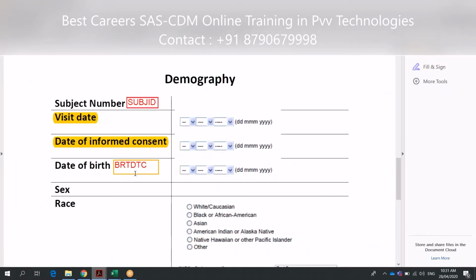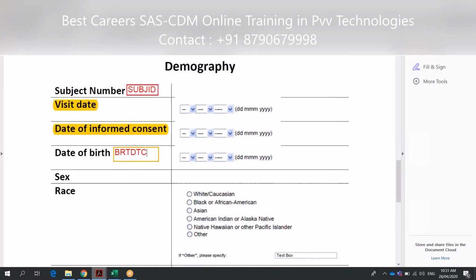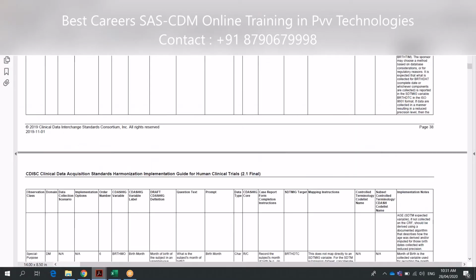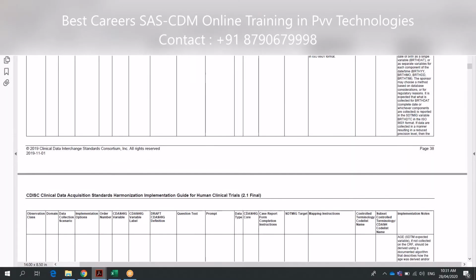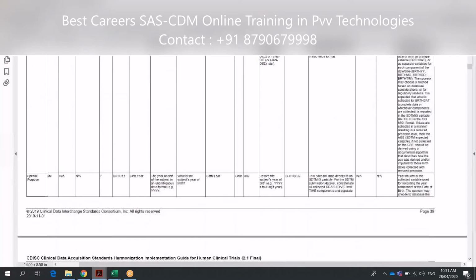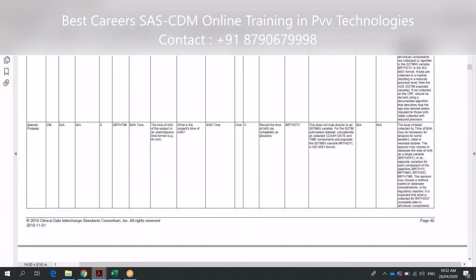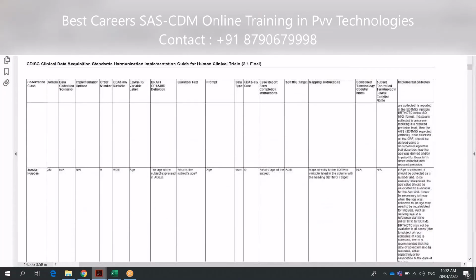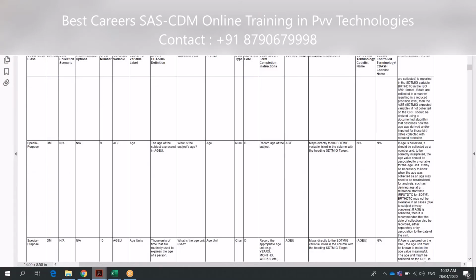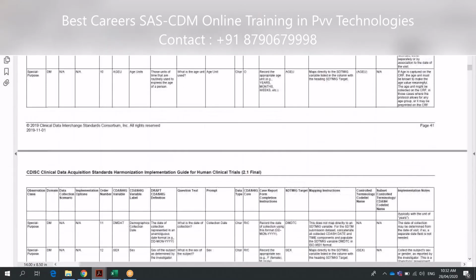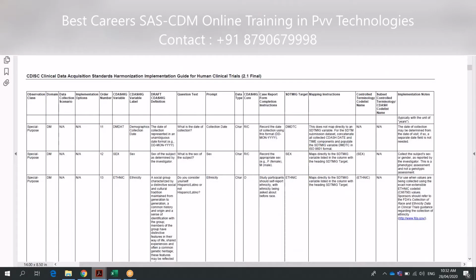So this was then what we had, and next is sex. Is sex part of demography? Let's see. Okay, so we have birth date. Let's go down. Year, birth time in case of a STEM study, age, it's optional as you see, age unit, and then yes, sex.